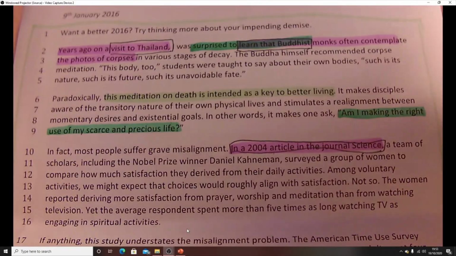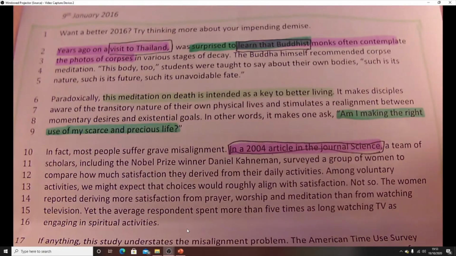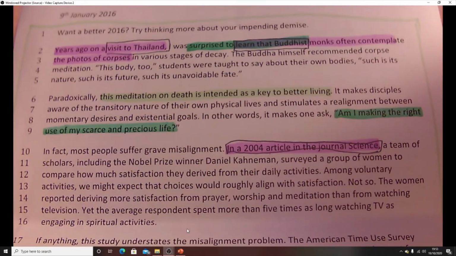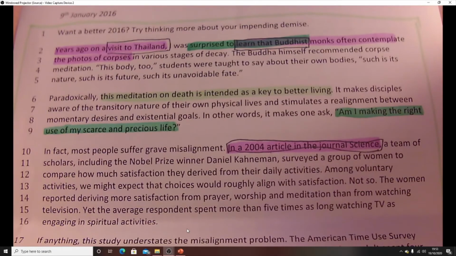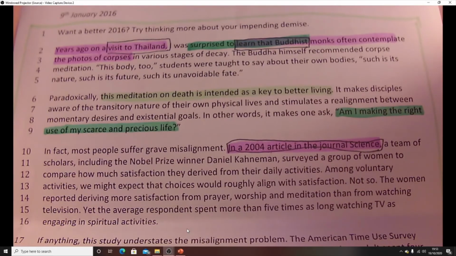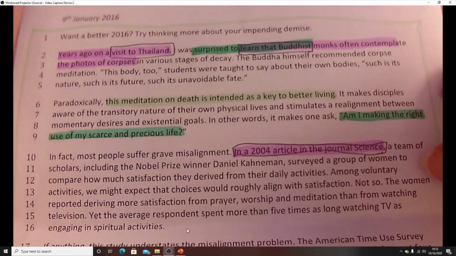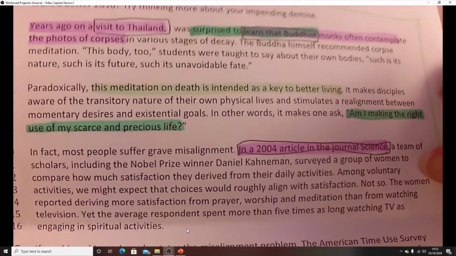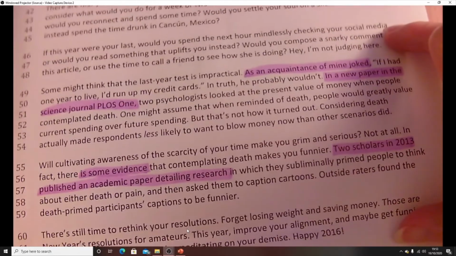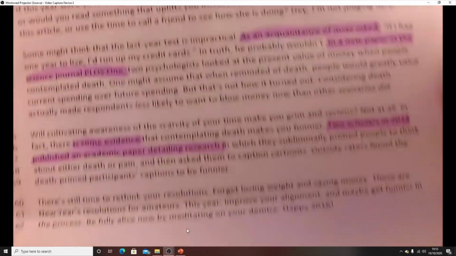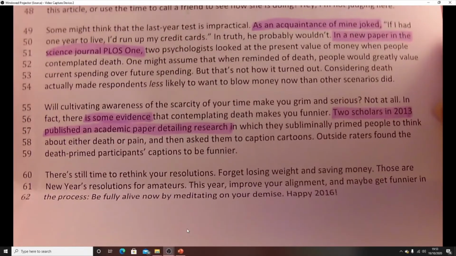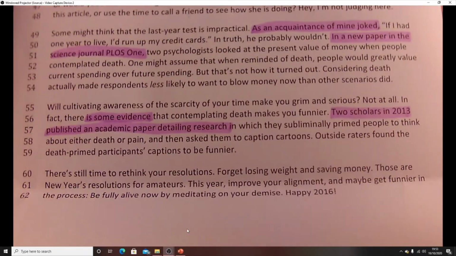That one tells me that his attitude, he was obviously interested, and it sparked his interest in creating this article and doing further research into the idea of what we're doing with our lives and how we need to sort of change and adapt that. So what I'm going to do, as I mentioned before, is skip to the end of this article because I want to save myself a little bit of time in the exam. So I'm going to look at the beginning of the article and the end of the article,